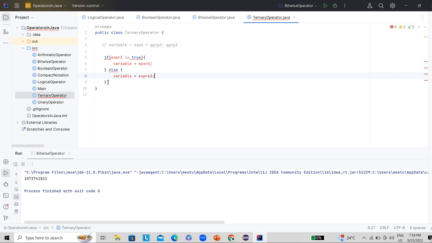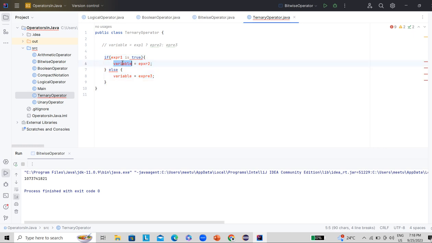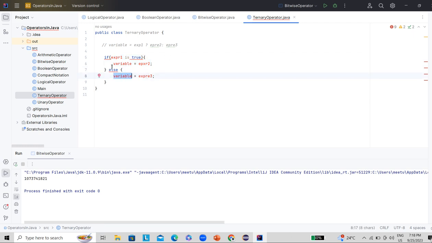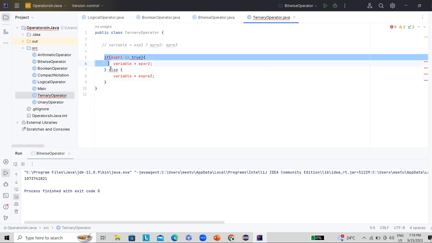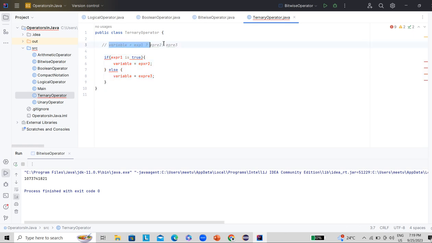This is the traditional way we write it. If the first expression is true, we assign the variable the value of expression 2. If it is false, the variable value becomes expression 3. Don't worry about this syntax. We will discuss it in detail in the upcoming control statement video. This statement is simply replaced by the ternary operator in a single line. So this is how the ternary operator works in Java.